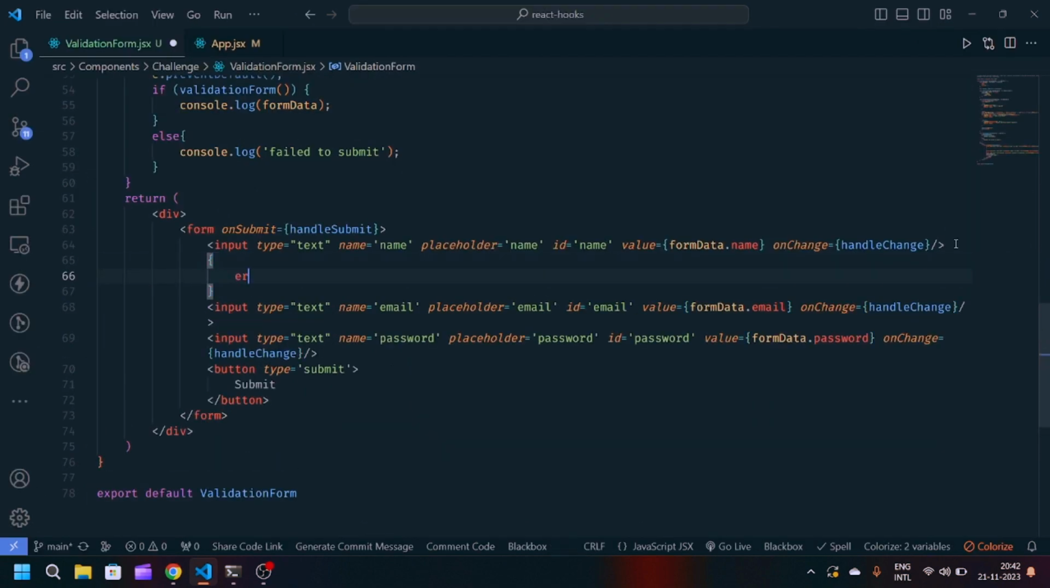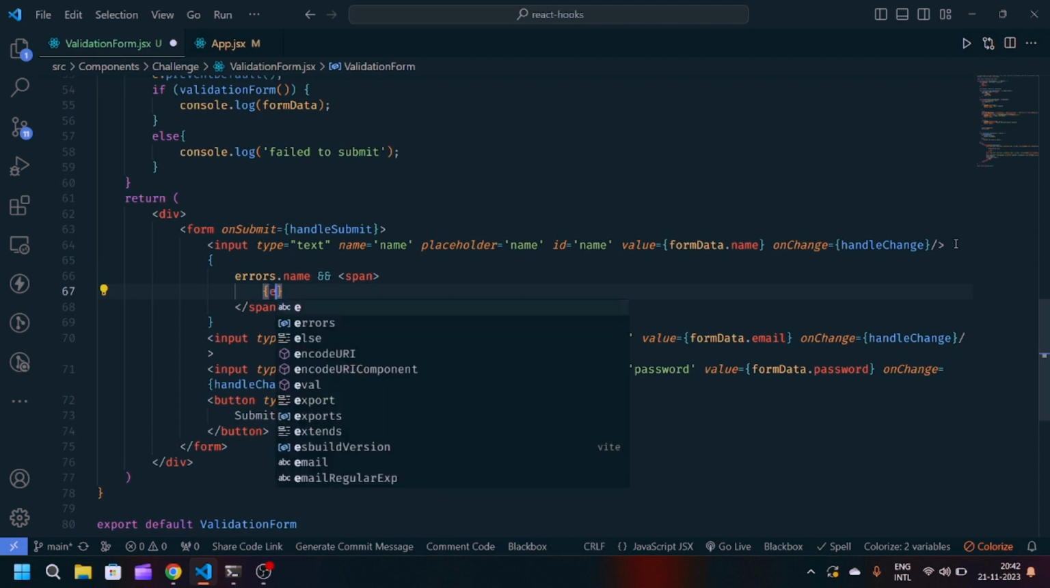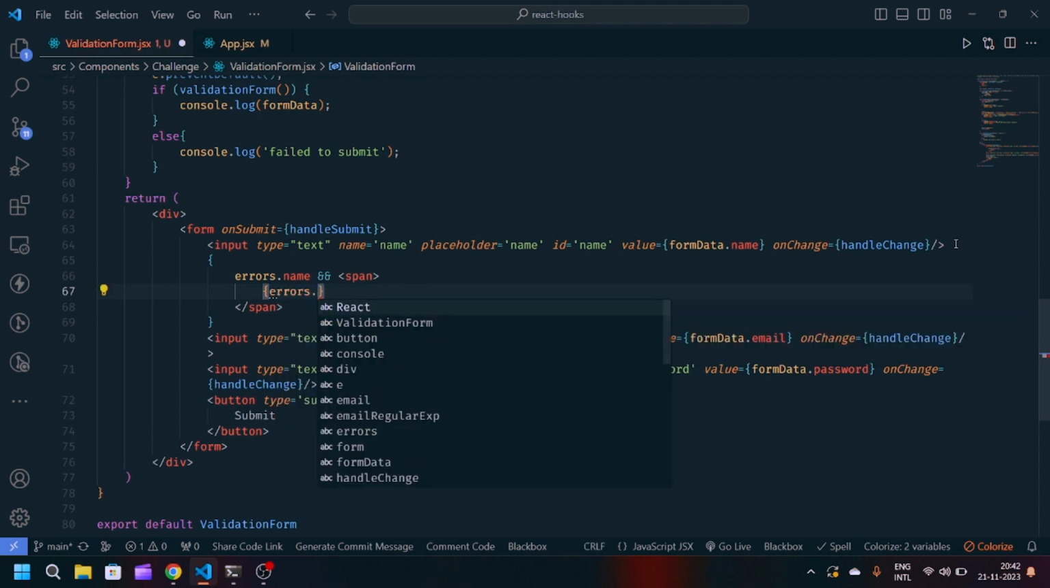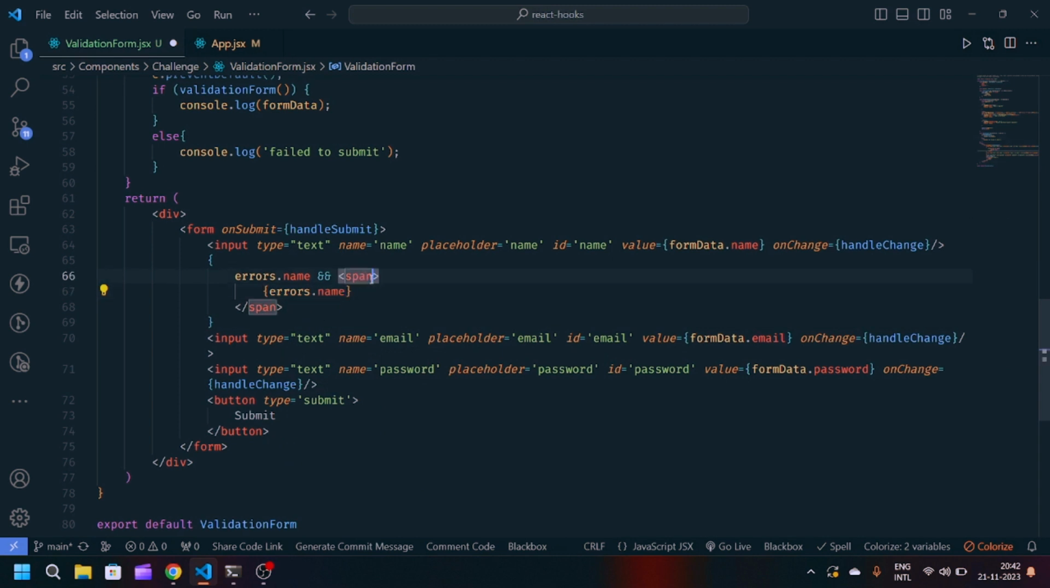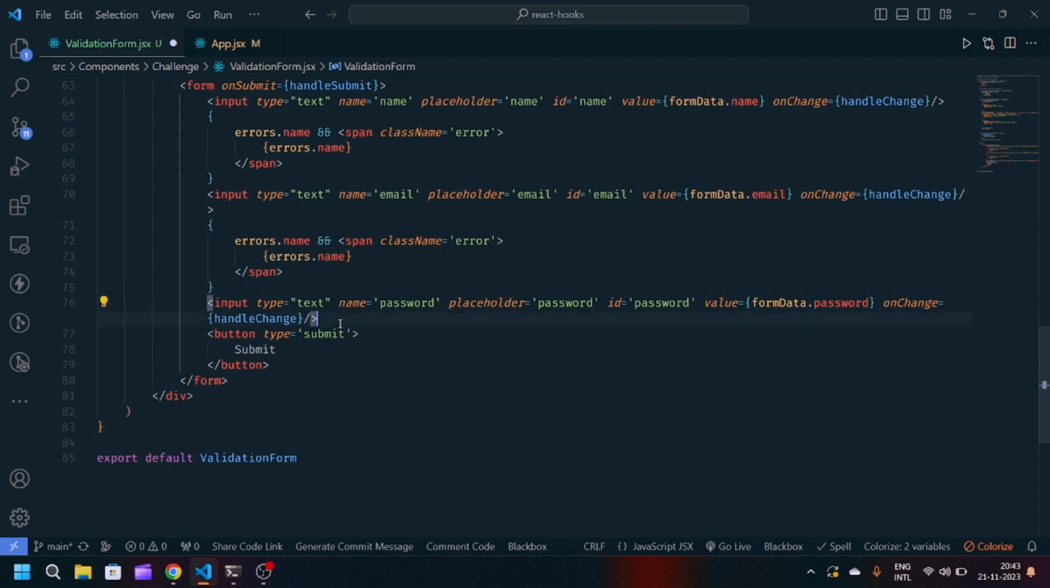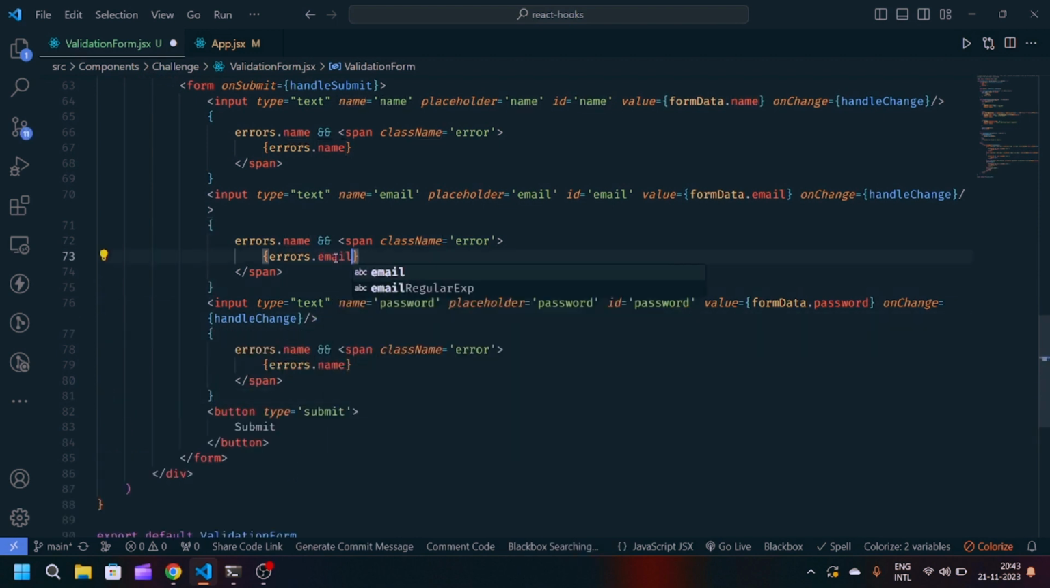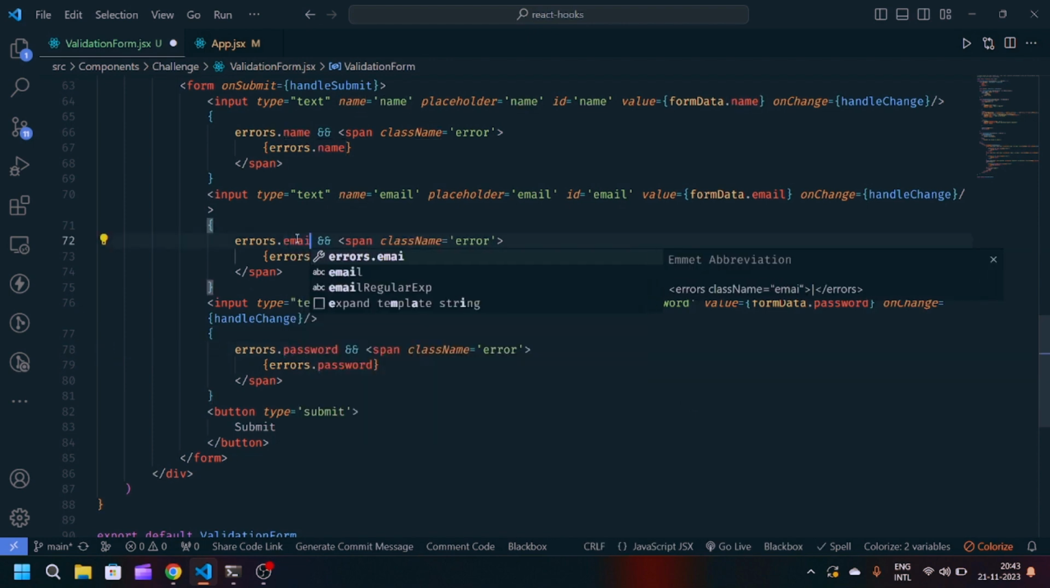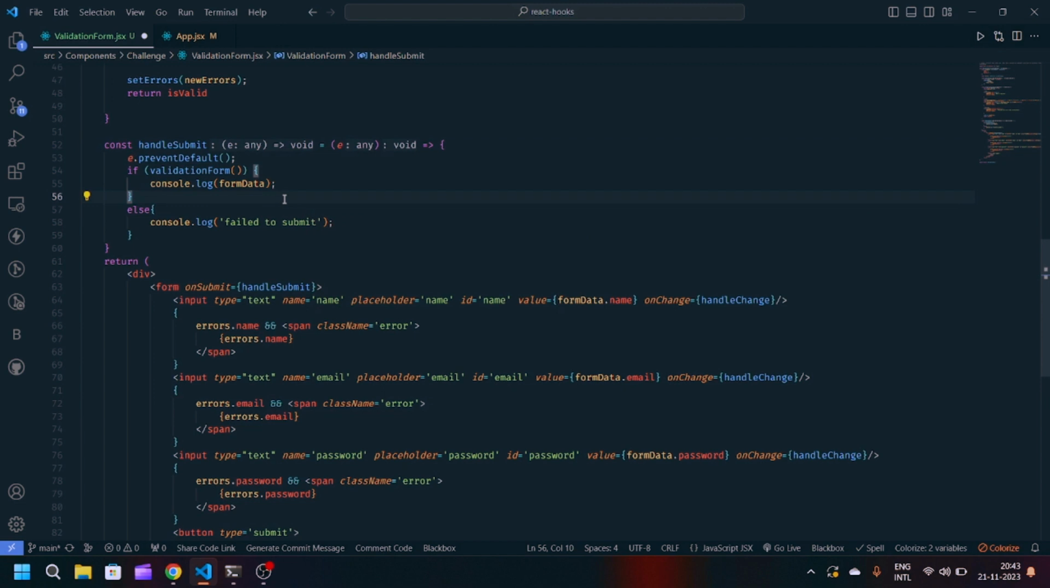So we will have to generate the errors here. We will write errors.name, if it is true then display a span, and in that errors.name, className will be error. Same for the others also, we will copy this value, paste it here and here. We will make errors.email, errors.password. Okay, so I forgot to put e here. Now after saving the file,